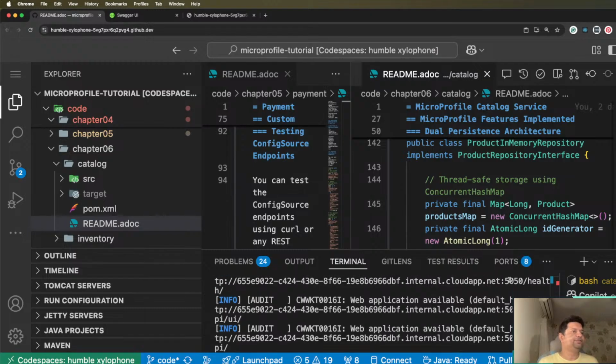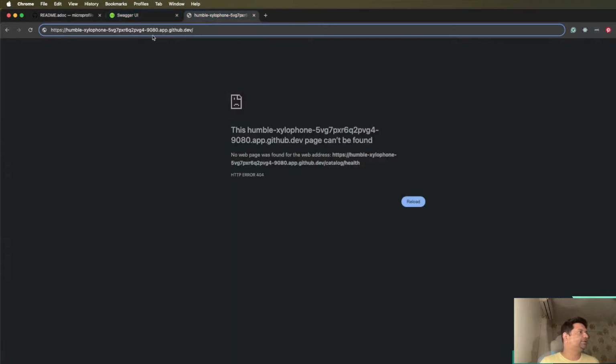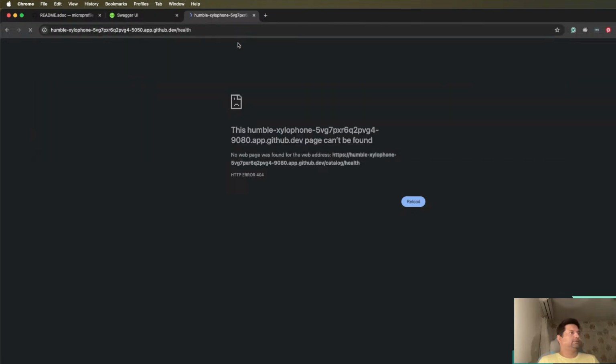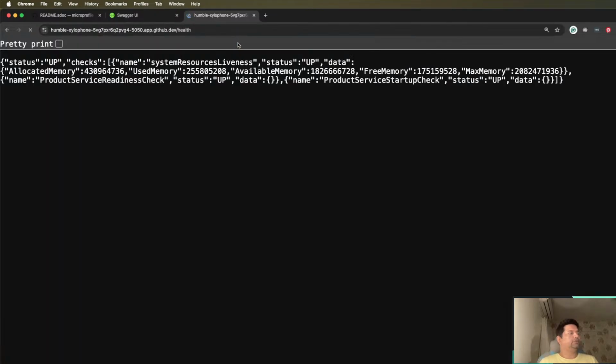So here 5050 health, this was the endpoint, right? So here we should go to 5050 and then health. So this is the health check for